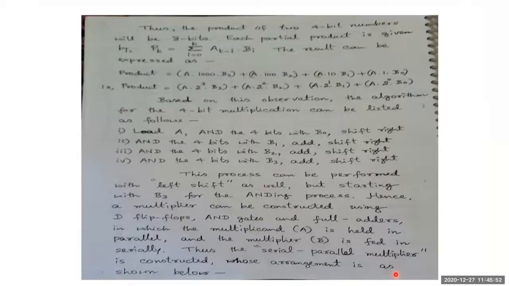So the same thing I have written. I don't know how far it's visible to you, so I try to enlarge that one. So the same thing I have written here. The product of two 4-bit numbers will always be an 8-bit number. It has been written in this fashion of equation. The product depends upon the summation of all the inputs a, k minus 1 and b, i.